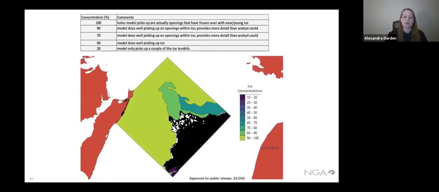So while this was to give us a quick idea of how the model is performing, the supervised training that Mac has been and will continue to talk about will allow for more accurate and higher resolution features that the US NIC can then utilize for their analysis. And back to you, Mac. Thank you.